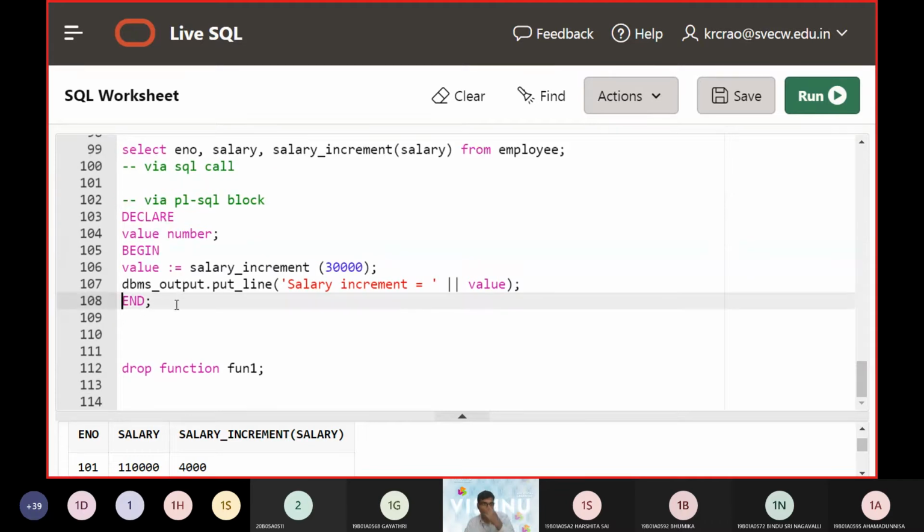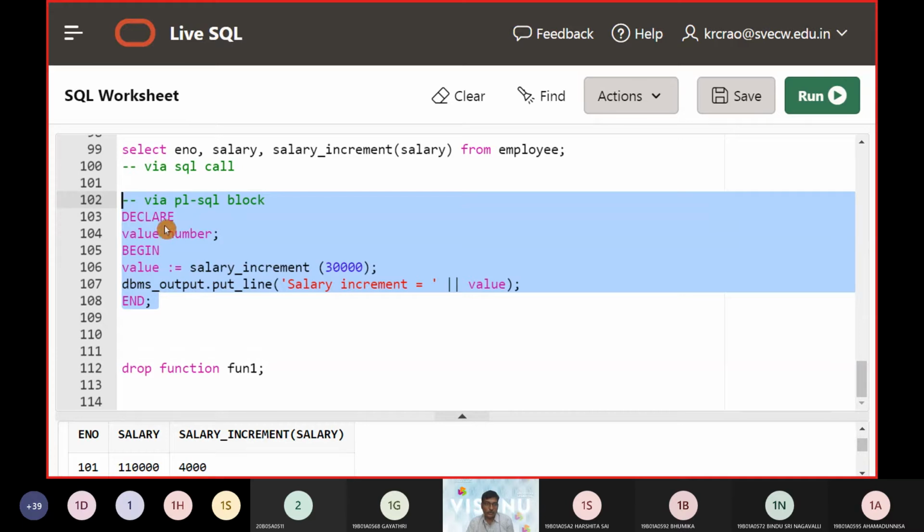You can see at this point of time, we make a declare and the value was number, and we call the function name, that is salary increment, and we put 30,000 into this, and we give this to the value. So the value is returning the answer.